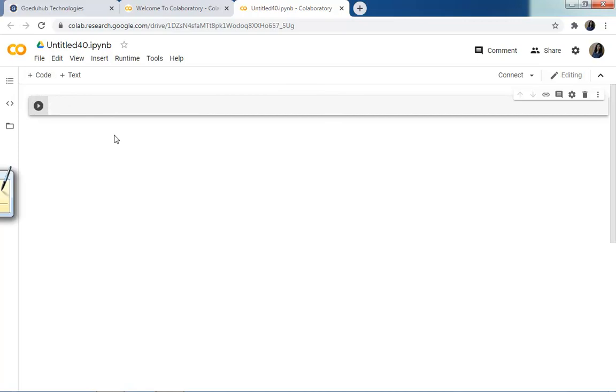I'm just writing here, print a simple hello world. And how can I execute it? You can click on this play button, or you can use the shortcut Shift and Enter together.